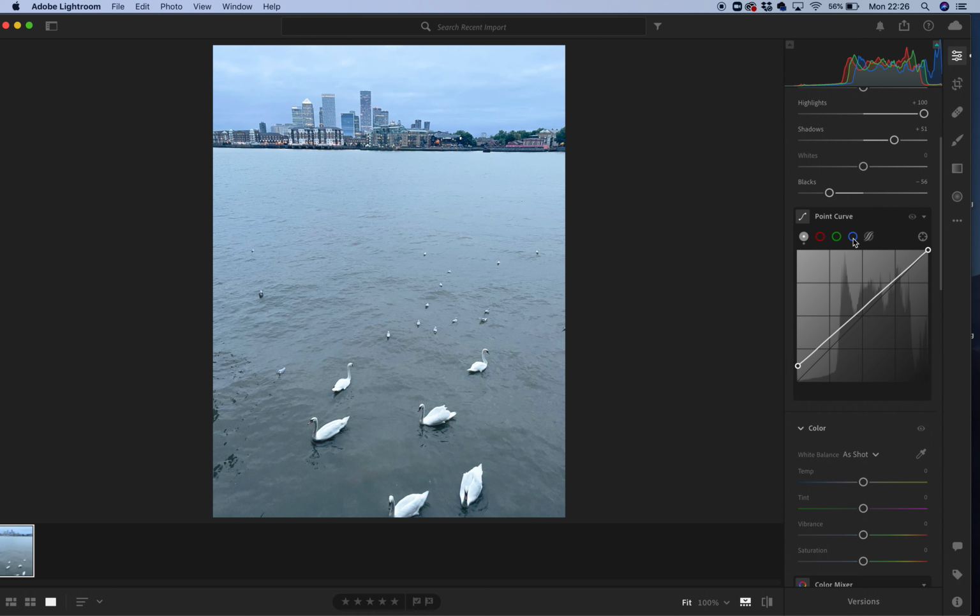Then we're going to go to our blue channel, which is here, fourth along, and use the tonal curve to balance out the blue tint and create more contrast here. So again, it's sort of playing around. You can really see what's kind of happening there, bringing some more contrast, bringing the greens in here, which we don't really want to do. We kind of want to play around with our blues here. So actually I'm going to bring this down,